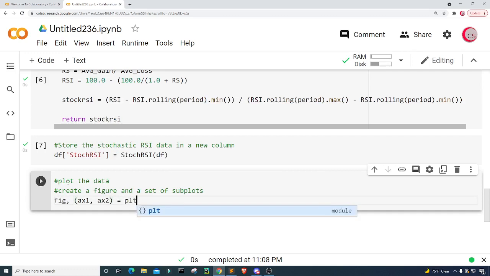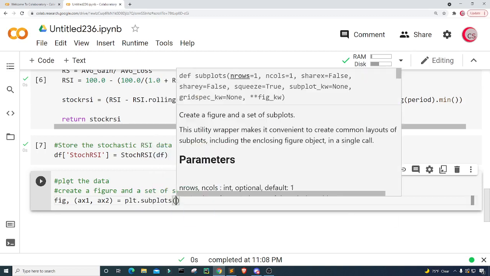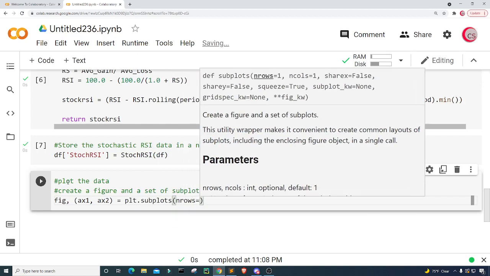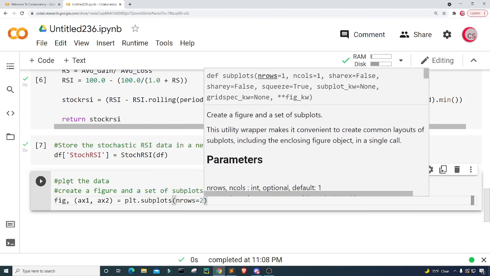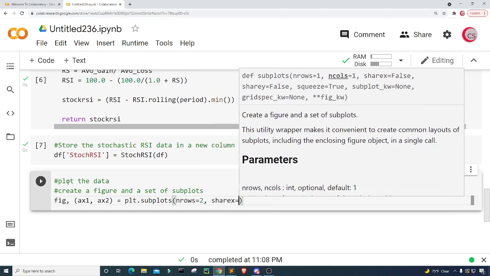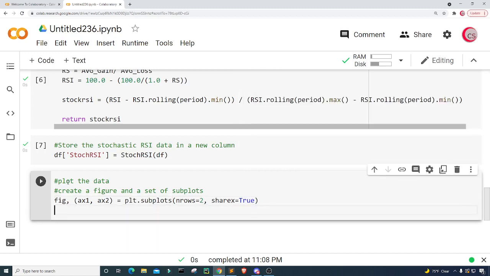I'm going to set them equal to plt.subplots, and I'm going to give it some number of rows. So nrows will be equal to 2, and then I want them to share the x-axis. So sharex will be equal to True, and then I want to